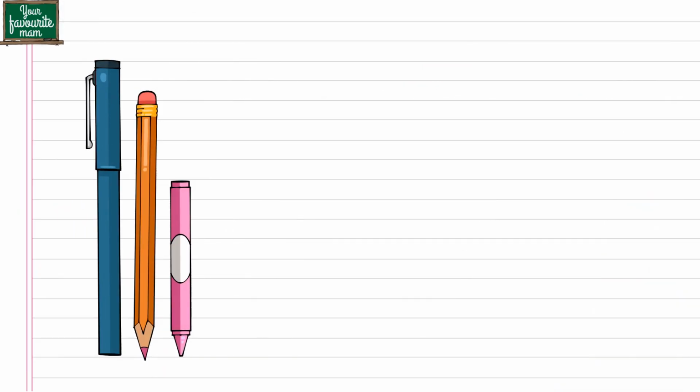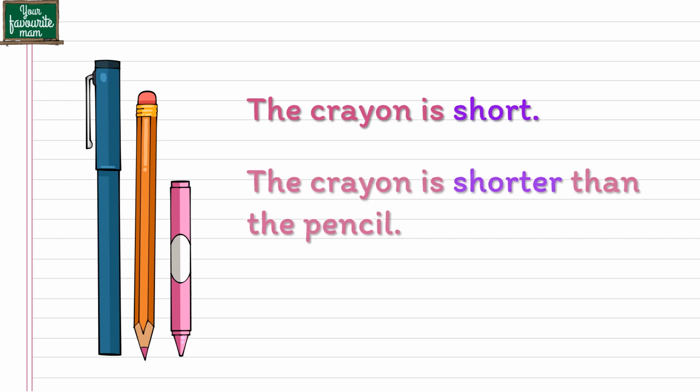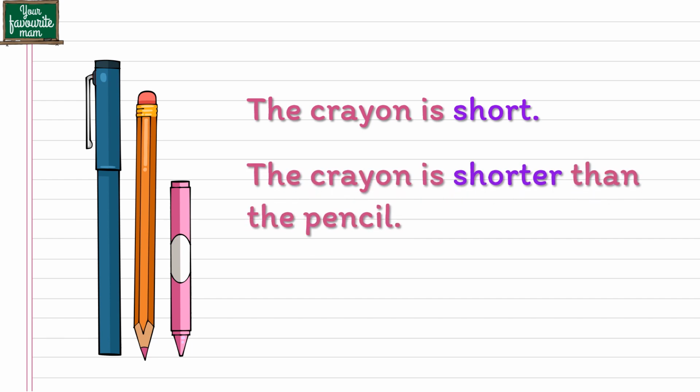In this video, we will be comparing the adjectives. So let's take a look at the sentence. The crayon is short. Here, crayon is a noun and the word that is describing the noun is short. So short is an adjective in the sentence. There is no comparison happening with any other object. The crayon is shorter than a pencil. So the word shorter here is describing the word crayon again. But it is comparing the crayon with a pencil using a different form of the word short, that is shorter.